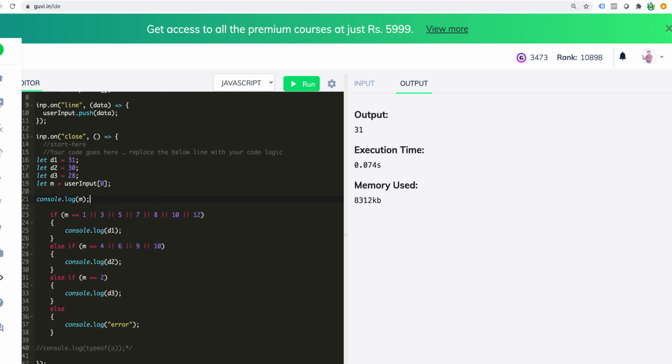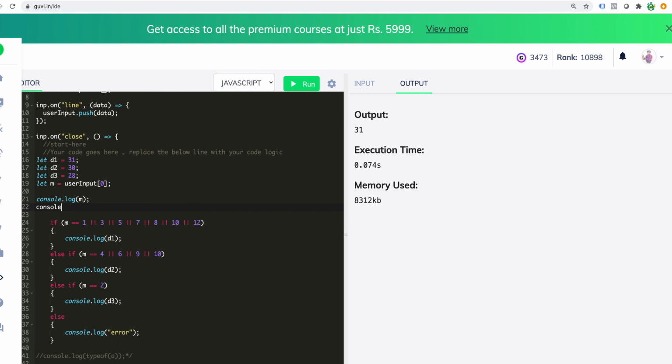Print m, which is read from that, and also print the data type. So this is how I debug. I use typeof and give m. If I run it, for 300 it should say the value is 300 and it should print m. That is what I expect. The type should be number.